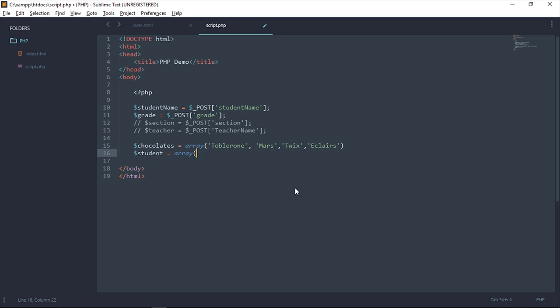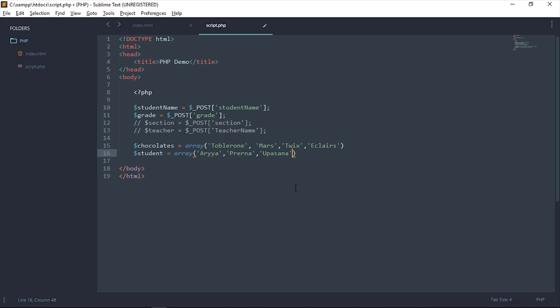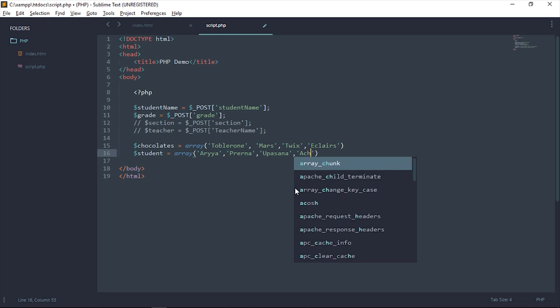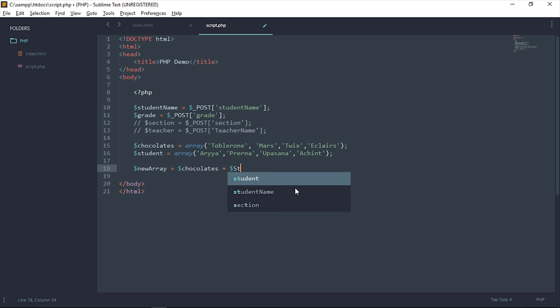Let's remove this key value pairs. Put a bunch of student names. Arya, let's say Prerna, Asana, and another best friend of mine from college, Achint. So these are just two arrays that I've created, and we can concatenate them very easily. So to concatenate them, all you have to say is, let's say new array is equal to chocolates plus student,